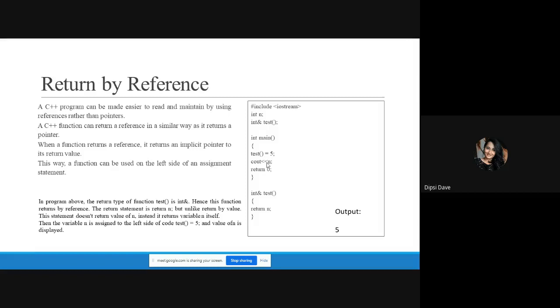So one thing you need to keep in mind is that the variable which you want to return by reference must be a global variable. That means the scope should be bigger than the main and the user defined function. And what is bigger scope than main and the user defined function is global. So that variable must be globally declared. Okay, so this is the thing about return by reference.